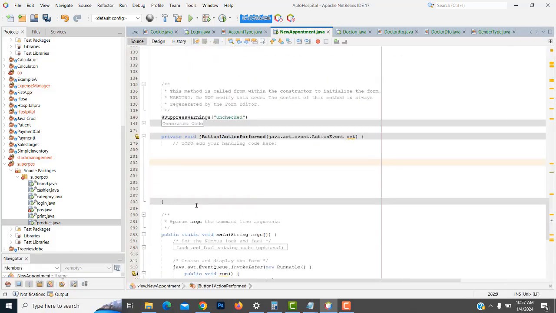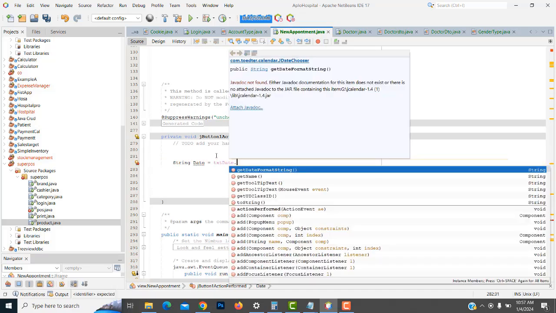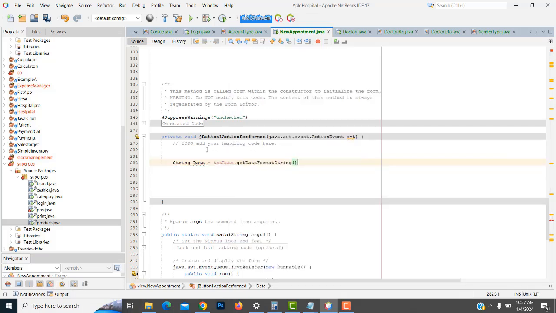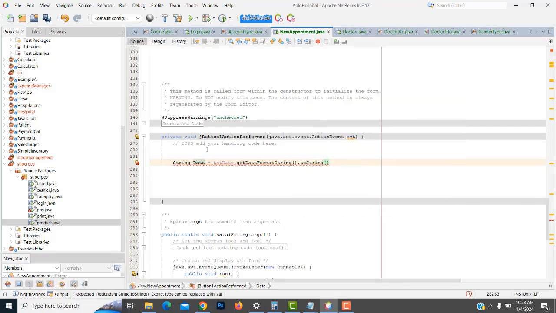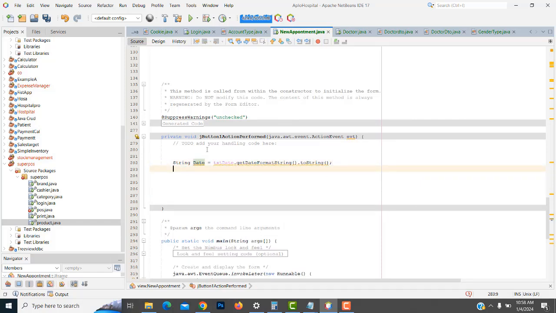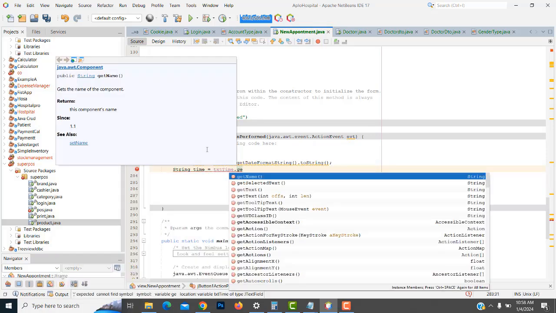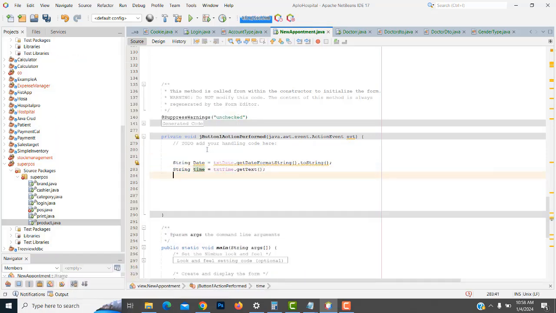First, you have to write String date equal txt date dot, you have to write get string format dot to string, right? So okay, second one: String time equal txt time dot get text. Third one